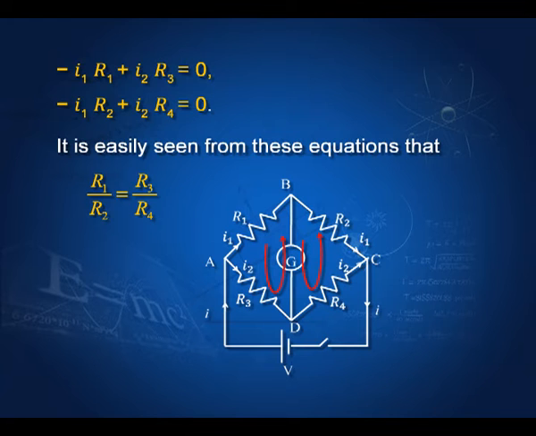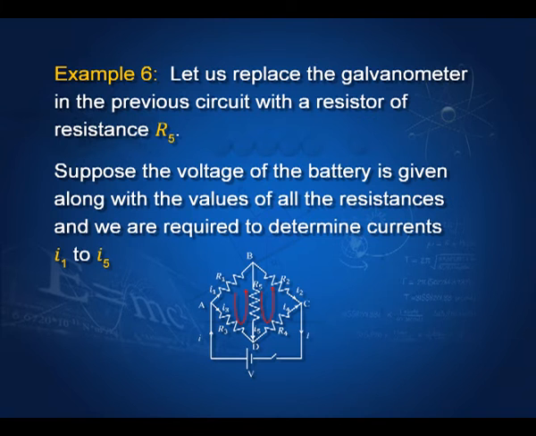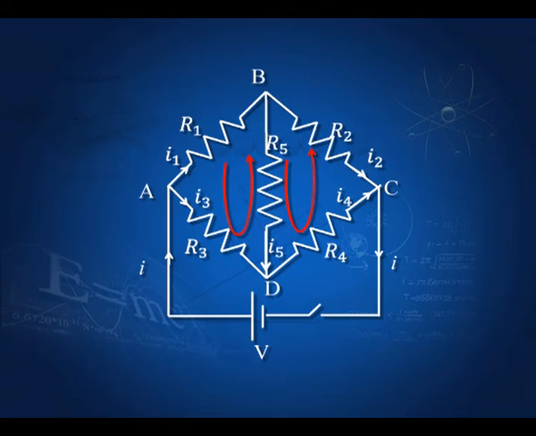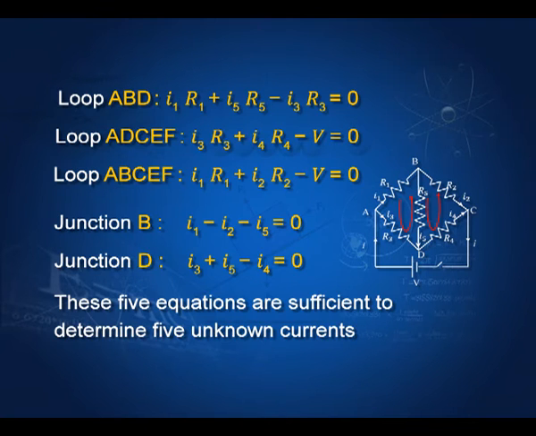And if we replace the galvanometer by a resistance, then we have all this complicated circuit. Again, we can take 2 loops. Suppose we have to find all the currents I1, I2, I3, I4, I5. So, we will need 5 equations, and what we can do is we can have one loop and one loop like this, 3 loops and 2 junctions we can use, and we can get 5 equations, solve them, and you can get the result. These are the equations for loop ABD, for loop ADCEF,